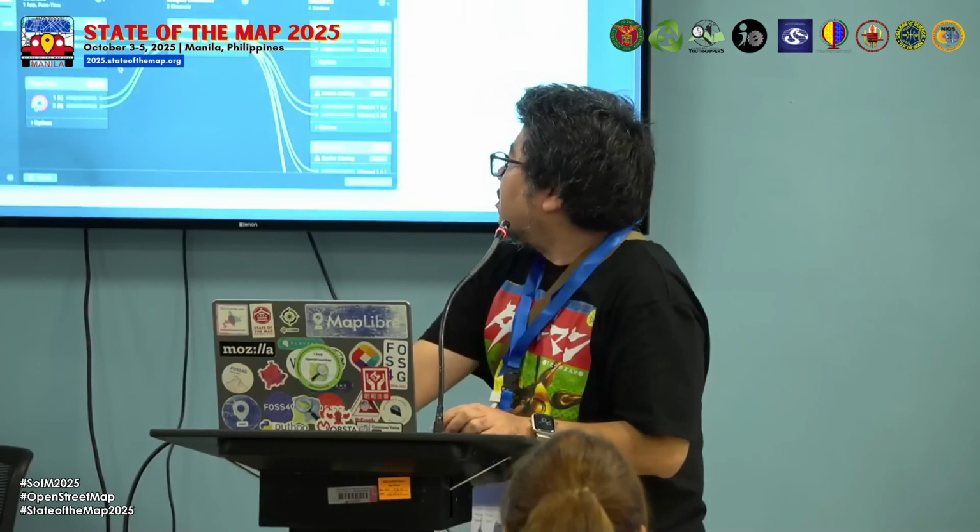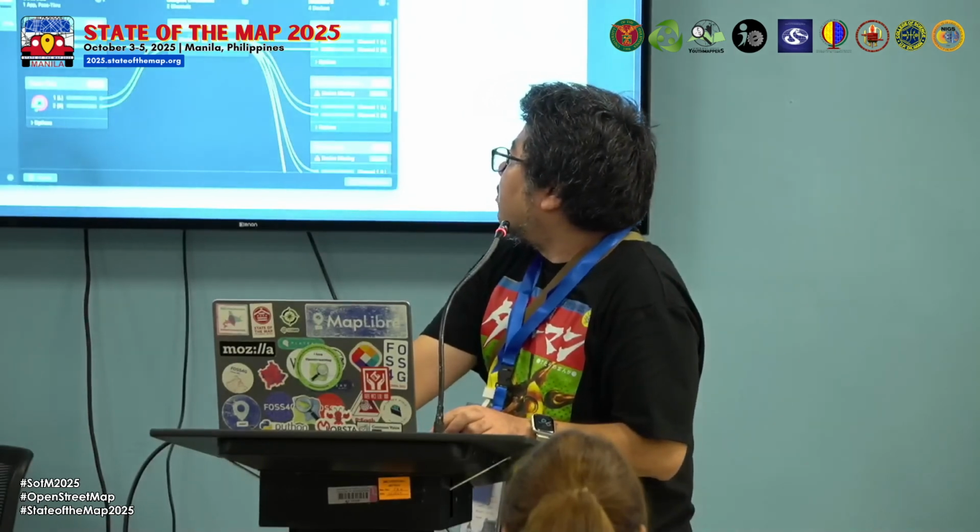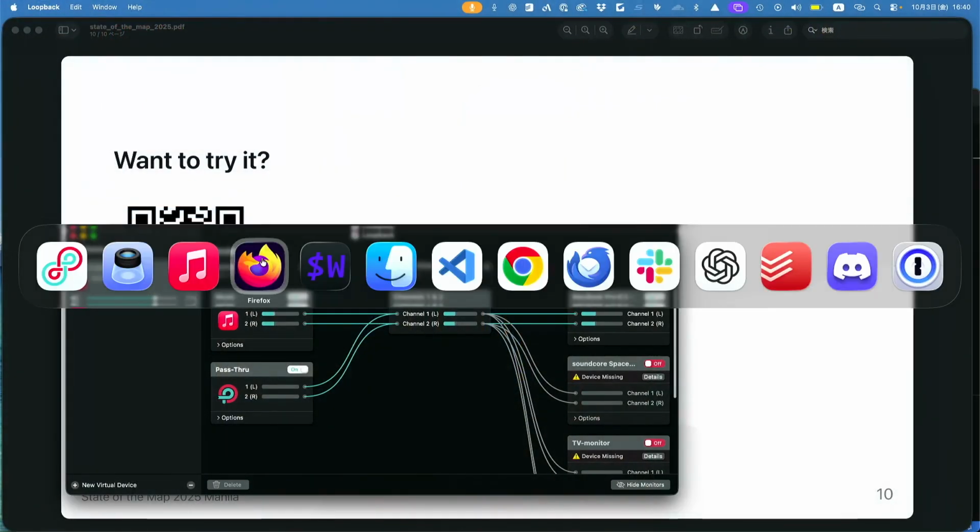I use the Loopback application on macOS. It captures the music application's output channel, so it fetches all the music. So you can also use a VJ application or DJ application or something.